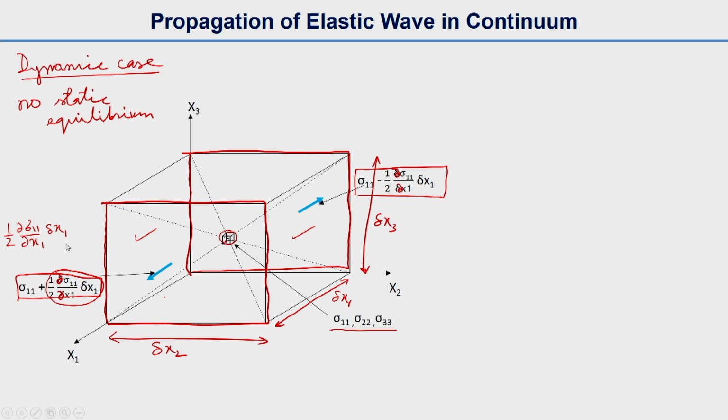And similarly, this has the same term with a negative value, in the negative direction. Similarly, if you want to talk about the stresses on the left hand face and the right hand face,